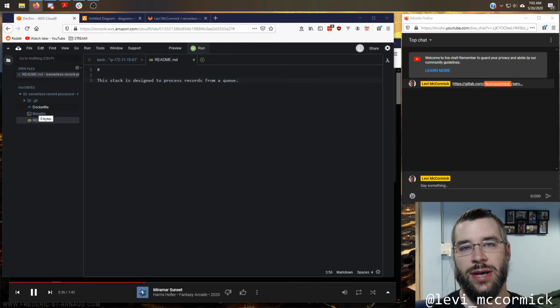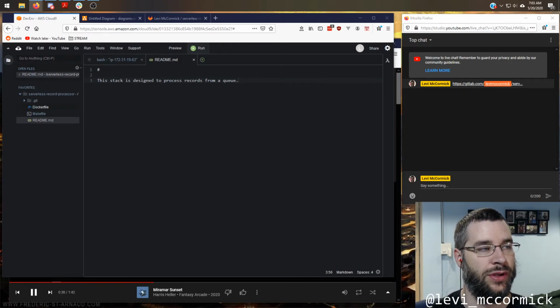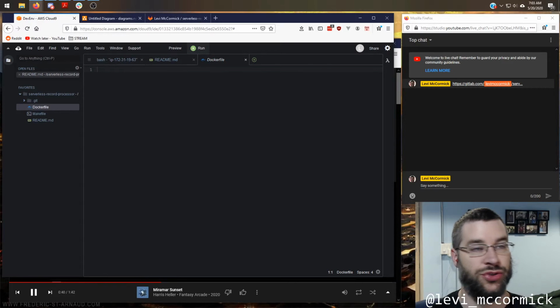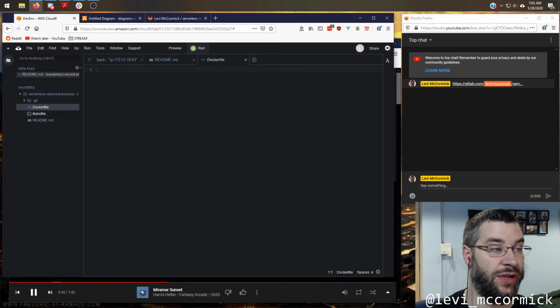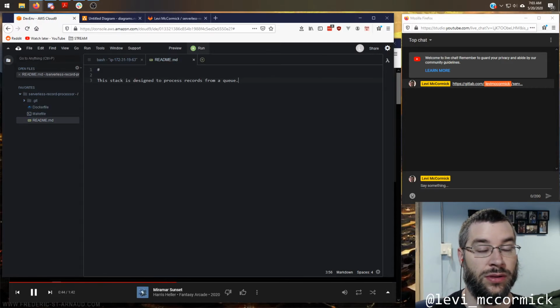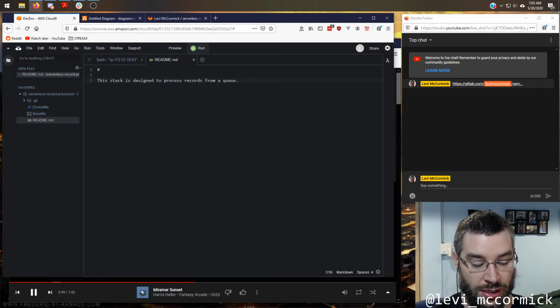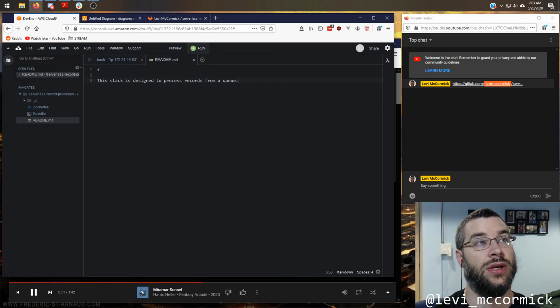Every single project I make will start with a Dockerfile, which currently is empty. It'll start with a Makefile and a README. I do this because I found this to be the most effective way to communicate with myself in the future. What are the important functions?